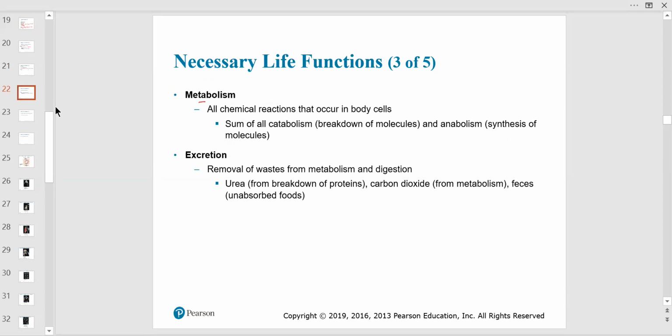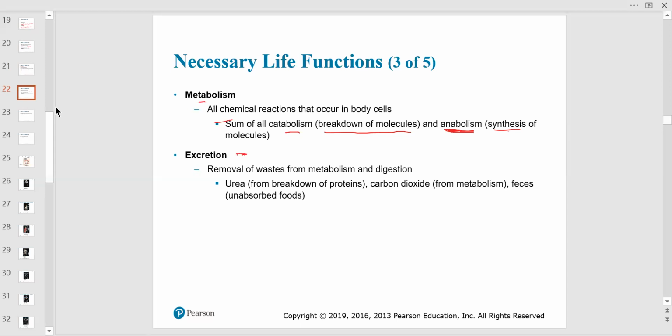Metabolism, I told you, is the sum of all chemical reactions, whether catabolic or anabolic. So breakdown like proteins to amino acids is catabolic. Building up proteins, like protein synthesis, which happens on the ribosome, is anabolic. Hormones like testosterone and estrogen increase protein synthesis on the ribosome in the cell. Very cool. It affects your DNA and your RNA, moving from the DNA to the ribosome, bringing those amino acid codes so you can build proteins.